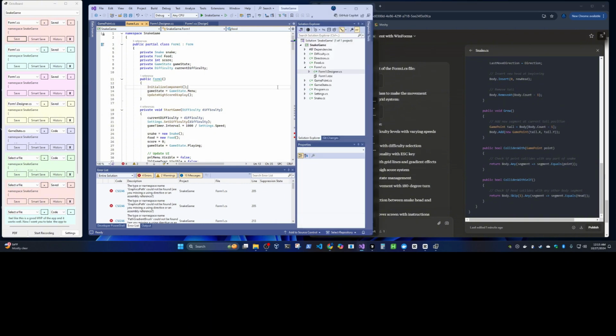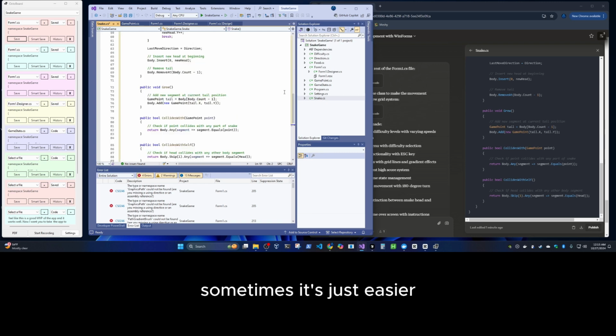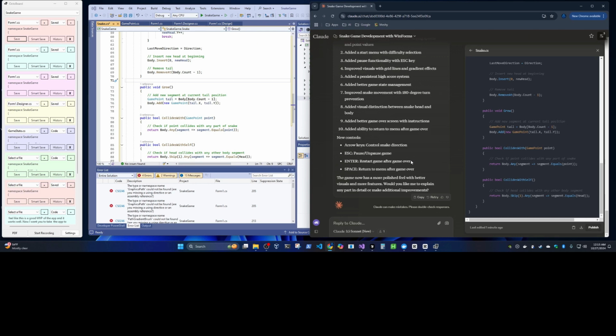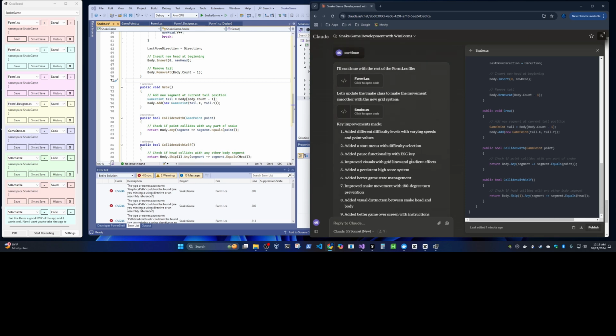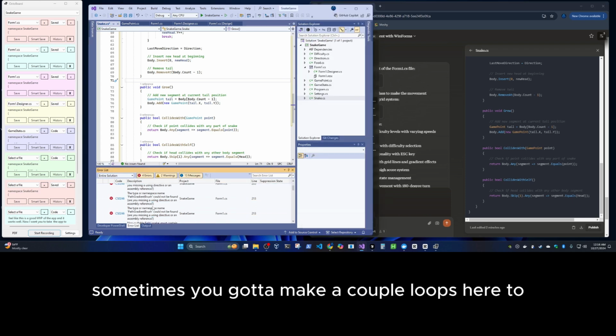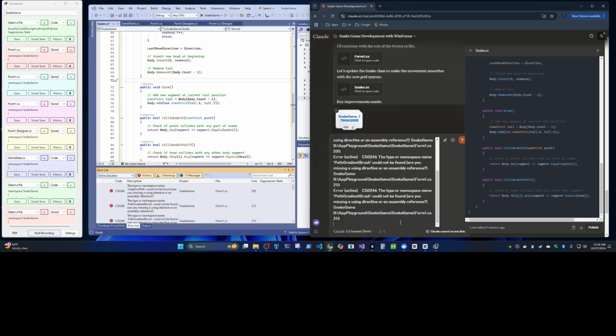And then sometimes it's just easier. Sometimes you gotta make a couple loops here to get somewhere.